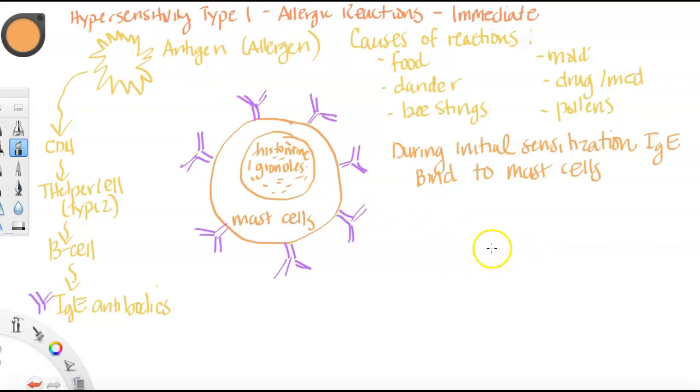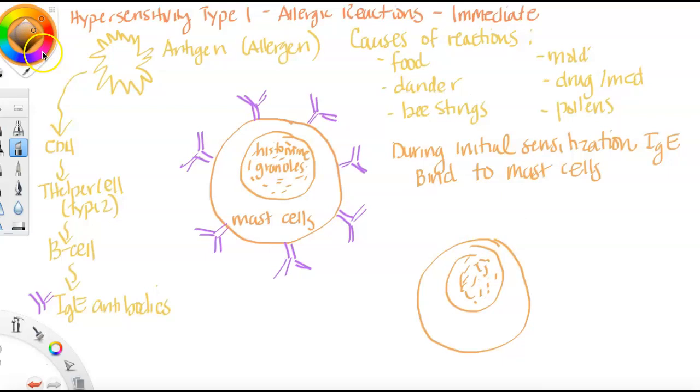So what happens, so now we have this mast cell, and this is the mast cell with all this histamine stuff in it, and basically what happens is these antibodies that are on it, these are the IgEs,